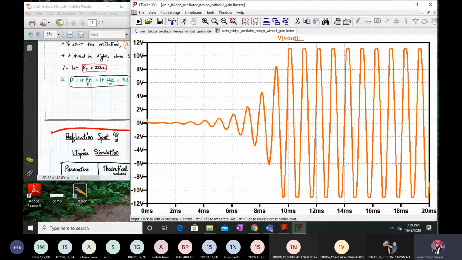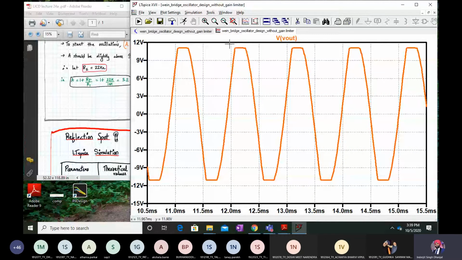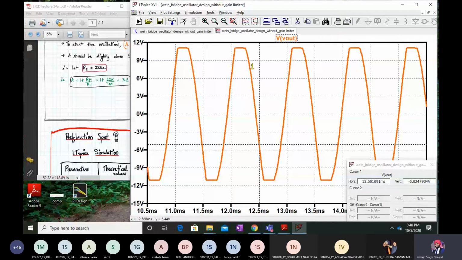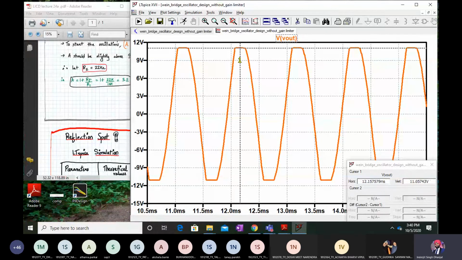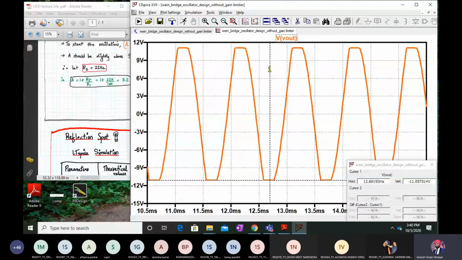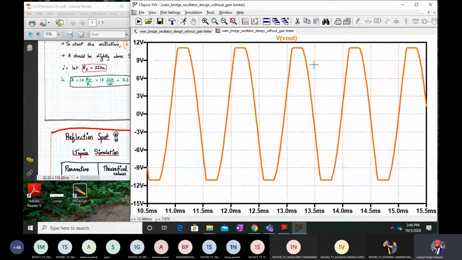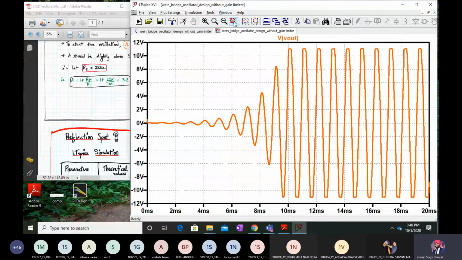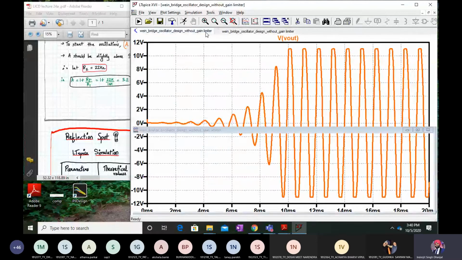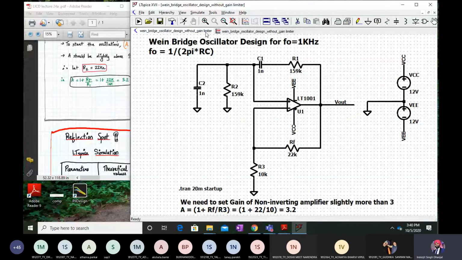It's the same thing, only, as you can see clearly, this is my plus Vsat and minus Vsat. Are you understanding? So it is settling down at the maximum, at plus or minus Vsat. I'll explain it all, don't worry about this. Any more doubts in this? If I measure this amplitude, this is nothing but your plus Vsat, and this is nothing but your minus Vsat. Any doubts other than that? No, sir.